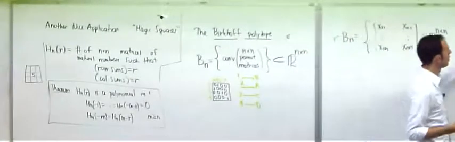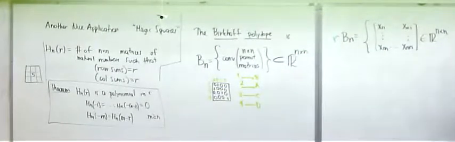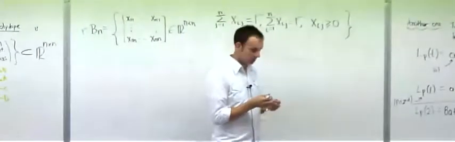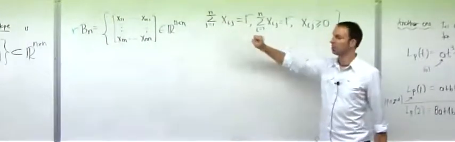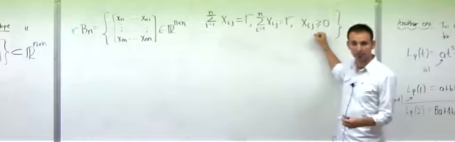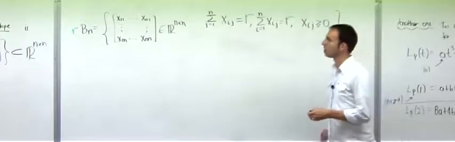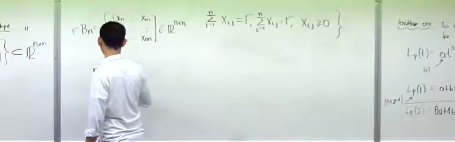If I take R times this, then that is going to multiply this by R, this by R, and this by R, but that doesn't change anything. Okay? And so I have the condition that the row sums are R, and the column sums are R, and the numbers are non-negative. And that means that if I take a lattice point in this polytope,